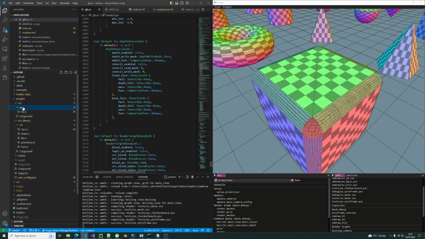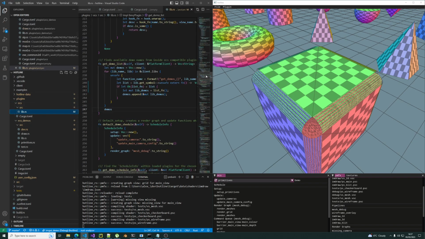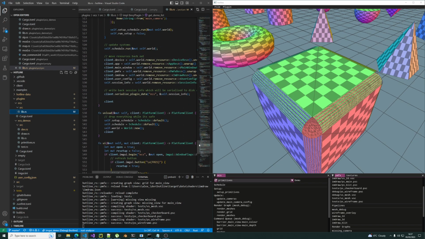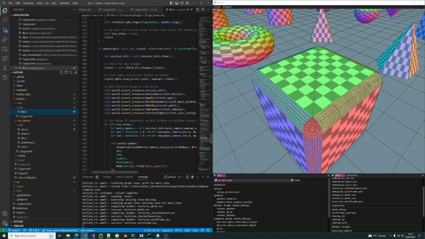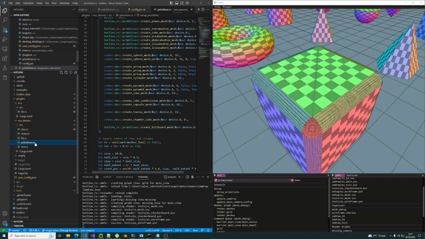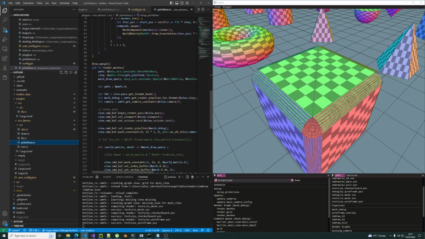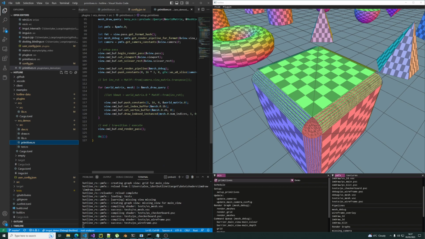There's an ECS plugin, which is the core Bevy ECS, which sets up the systems and builds a Bevy ECS schedule. And then ECS demos is functions that get imported by the ECS plugin, and they can add stuff like this where I'm adding primitives and rendering meshes. Now some of this functionality I'm working on, and I might absorb that back into the main code base, but for the time being